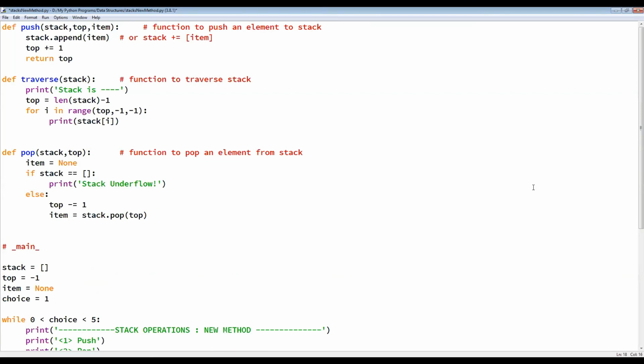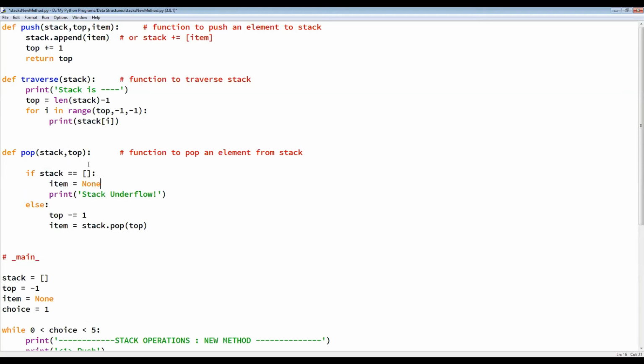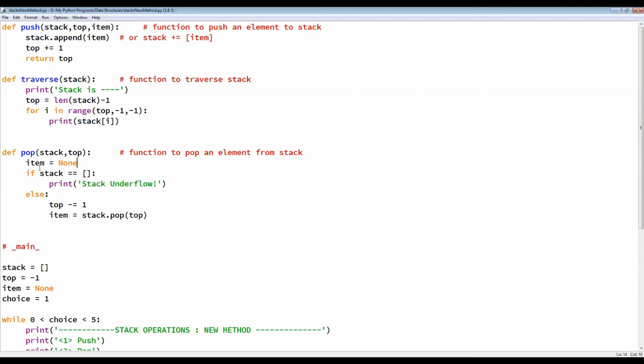So if suppose there is nothing in your stack, then in that case item has already been set to none. This thing you can add over here also, that is instead of adding it there, you can add it over here also, but I usually prefer adding it over here. So already item is set to none. In case your stack is empty, then this statement will be executed and none value would be passed on to the global space. But if suppose your stack is not empty, top will be decremented and item would be saved here. And what are we going to return?